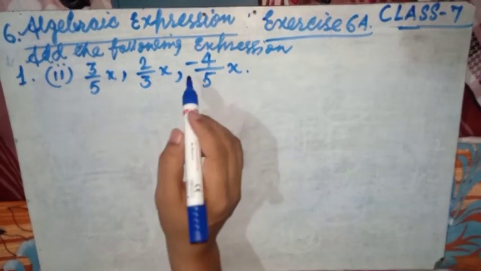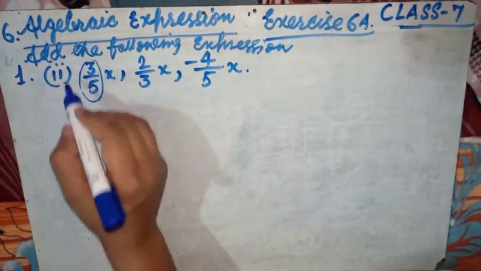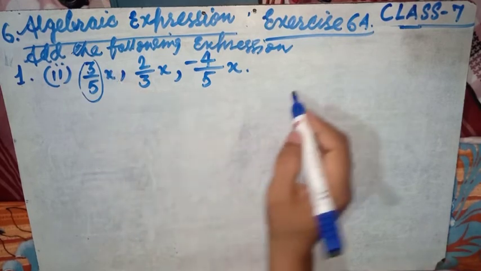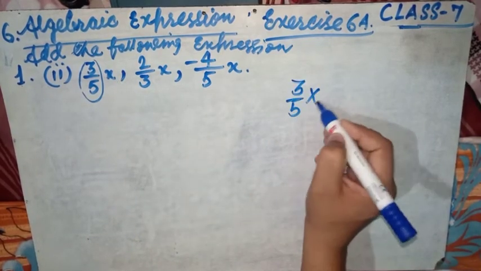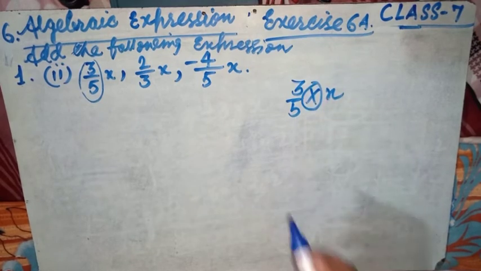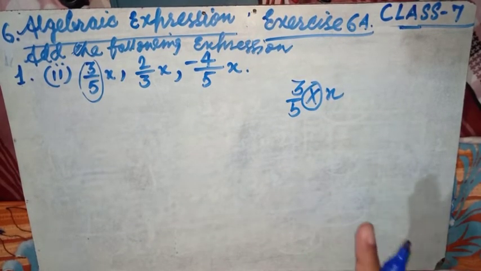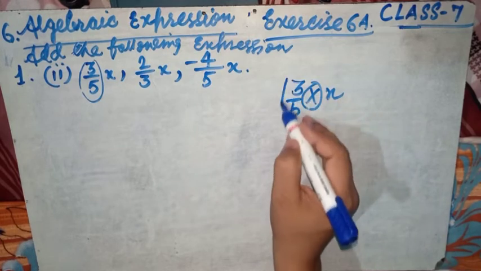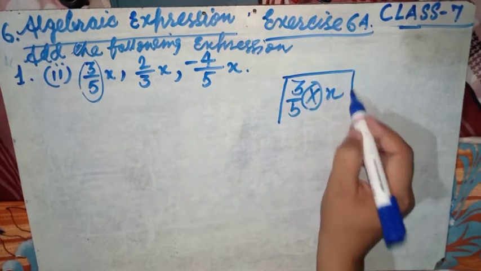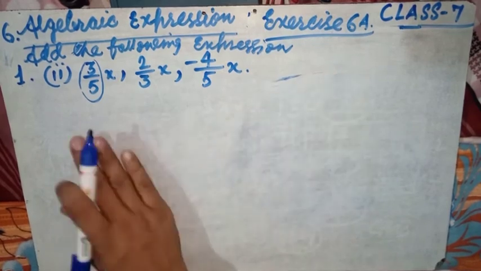These are expressions. Why? Because there is a constant term and there is a variable, and in between them, have a look, there is one operation, either one operation or 2 or more operations, up to 4 operations. Okay, now these are called algebraic expressions. Now we have to add these values.